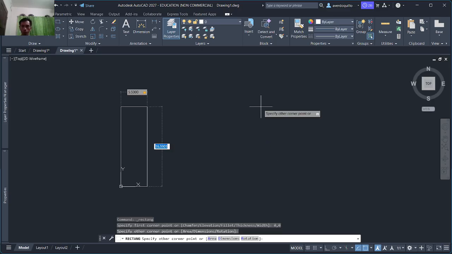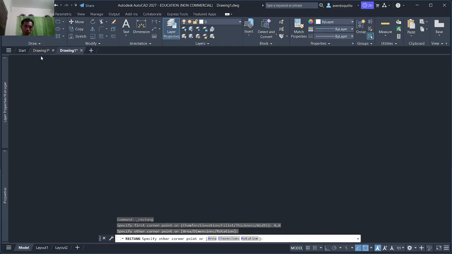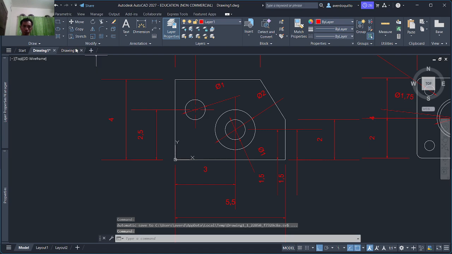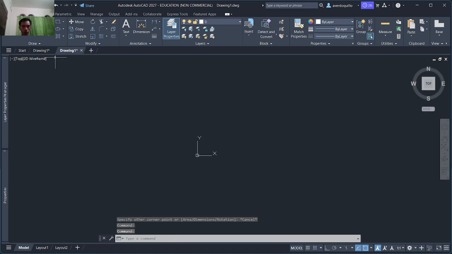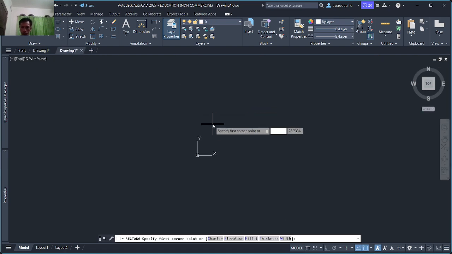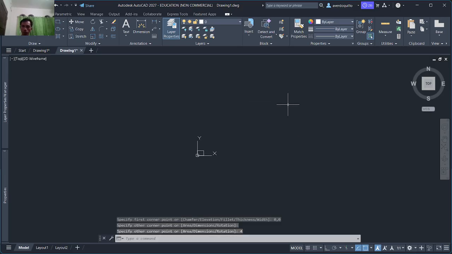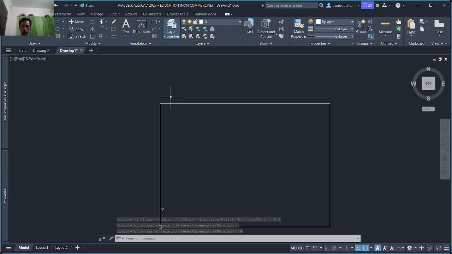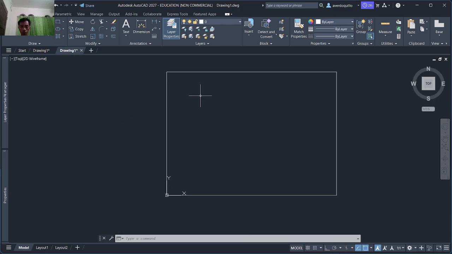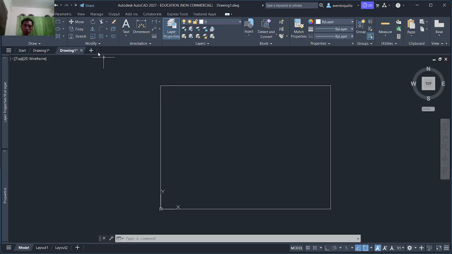Then the y-axis, that is 4. So 0, tab, 0, then 5.5, 4. Oh, that's too big. Started too big. Okay. This is the technique that I use to make it a little bit quicker than usual.